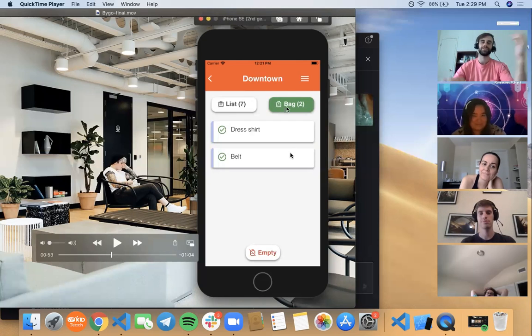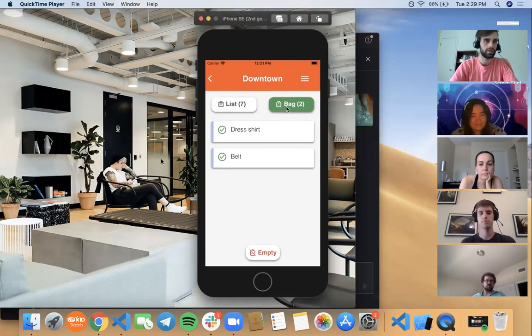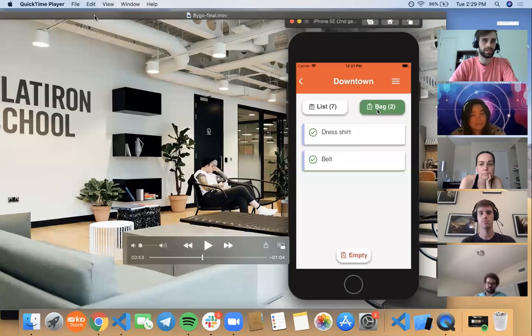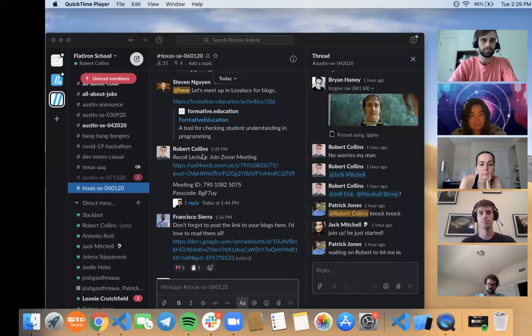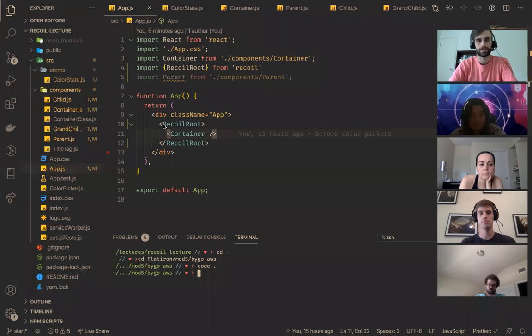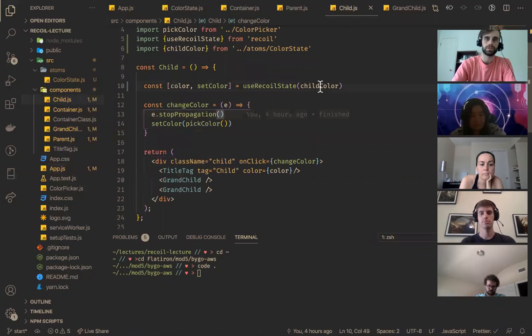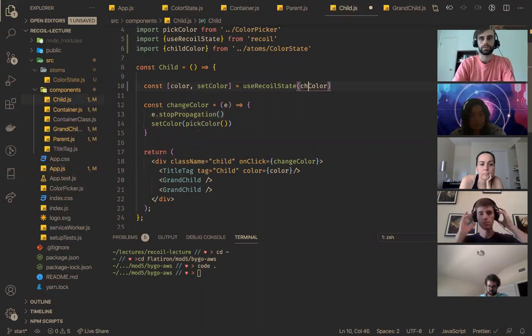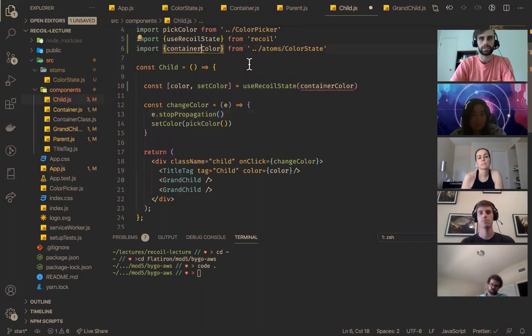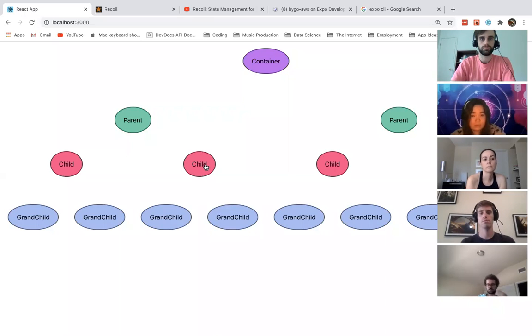And you can do that. Also, it doesn't have to be shared between siblings. It can be anywhere underneath this root. So you could, for example, say that I want all of the children to change when the container changes. So I want them to share that state. So now in the React application, whenever the